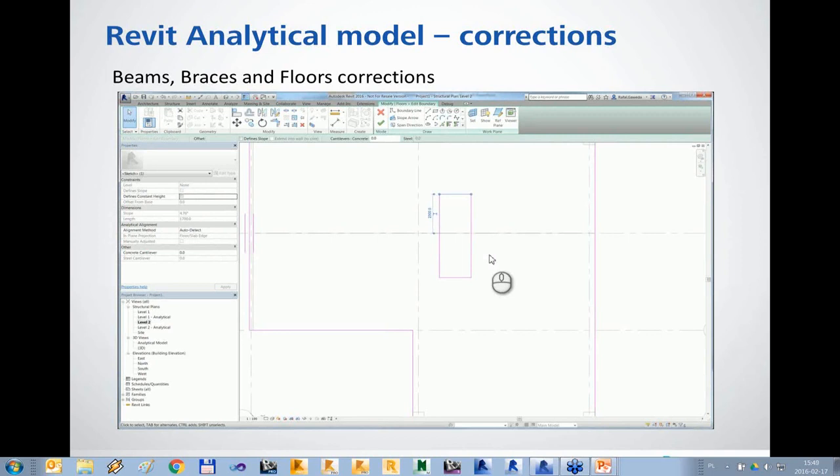So there is a question about the foundation in Revit, and how we should input the supports to have it in Robot, elastic or for foundation. As a default,